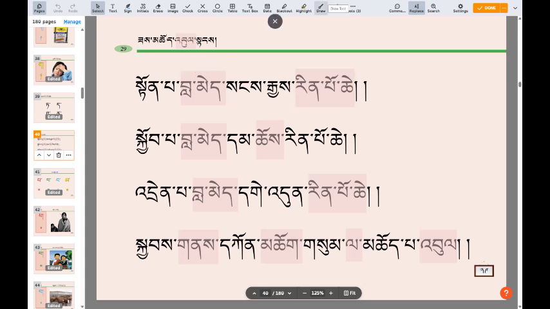So the four lines are essentially to the best, most precious teacher, the Buddha, to the best, most precious teaching, the Dharma, to the best, most precious guides, the Sangha, I make offerings to you, the three rare and best places for refuge. So I'll just read through them in Tibetan and you can look in my notes for the details, or you can have a look at the other video where I do a full breakdown of this one.